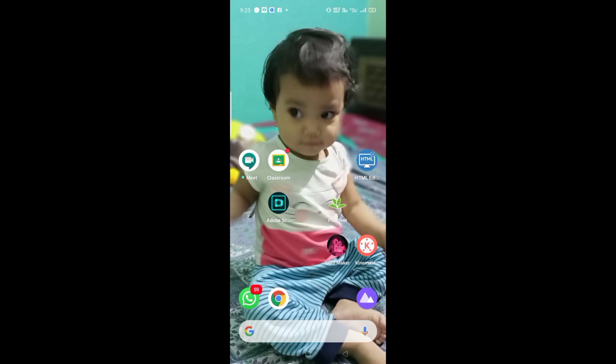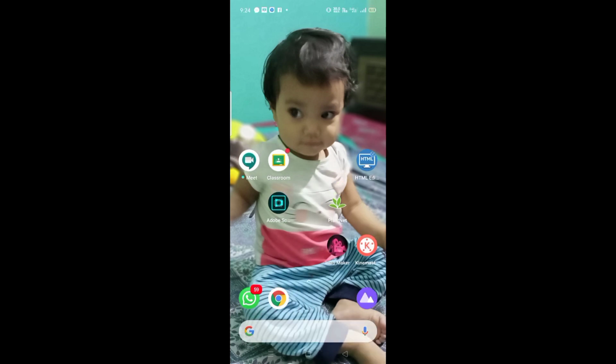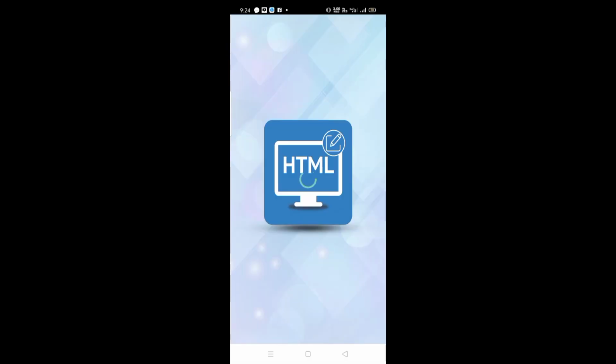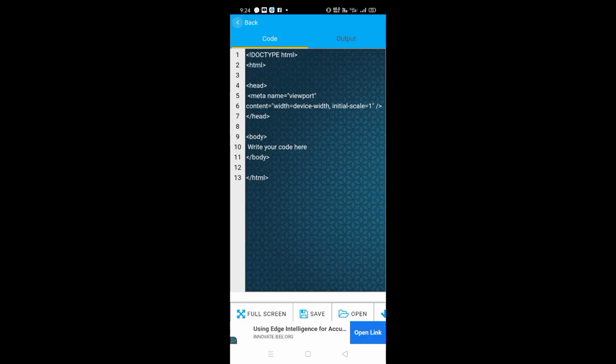Okay, students, here I will show you something. Those who do not have computers can also try your HTML coding in an app on a mobile phone. Okay, so how can you do it? You can download an HTML editor from the Play Store. Fine, so this is the HTML editor on my screen. I am opening this. Okay, see this one, and here you will get all these 4 options. You will have to click on editor.